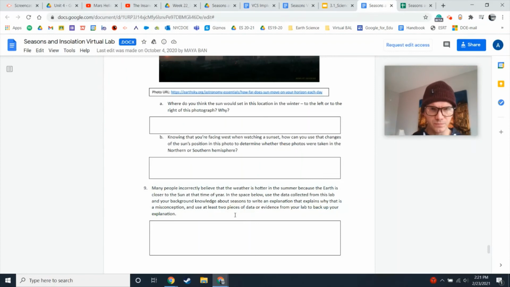So it says use 2 pieces of data or evidence in your lab to explain what the data collected from the lab tells us about the seasons. So when answering this question, you're going to take evidence from this lab to